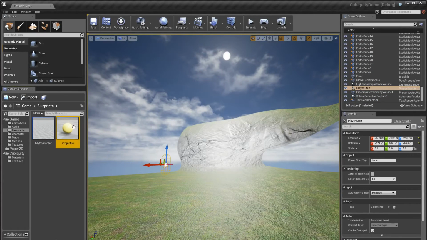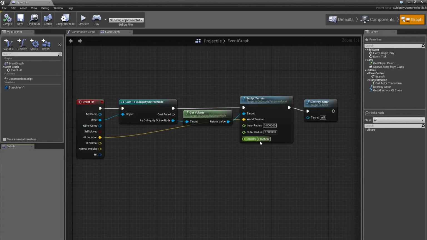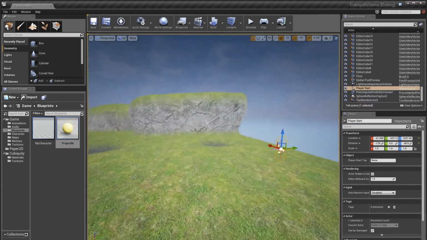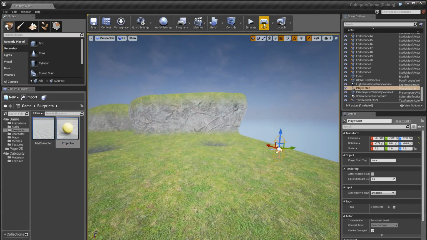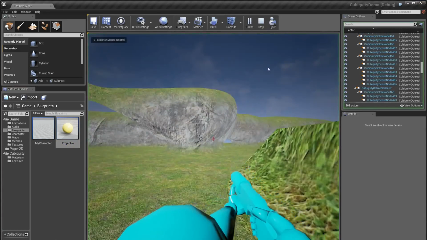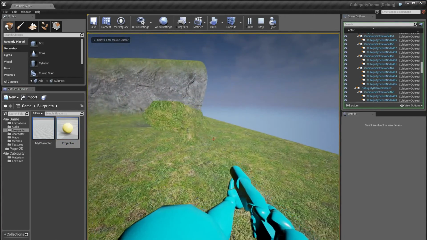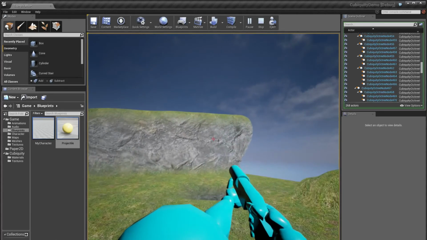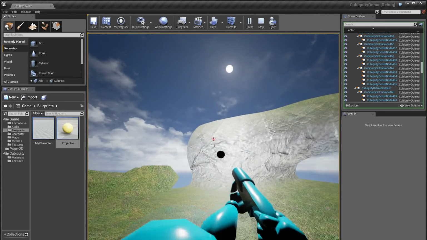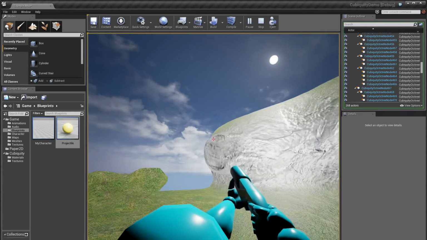So if we go back to our projectile blueprint, we can change the inner radius to be something a little bit larger. So if we change the inner radius to be 2.0 and the outer radius to be 4.0, and save and recompile, you'll notice that inside the editor those changes we made have been reverted, but when we go back into the game they are in fact still present. This is due to some persistence problems that I haven't quite worked out the best way to solve yet. But anyway, you can see that now if we fire, it's causing much larger blobs to appear,